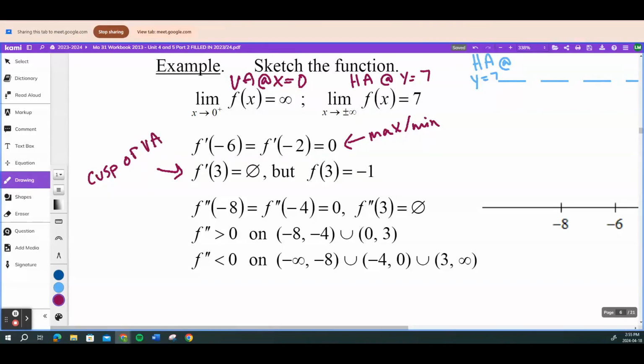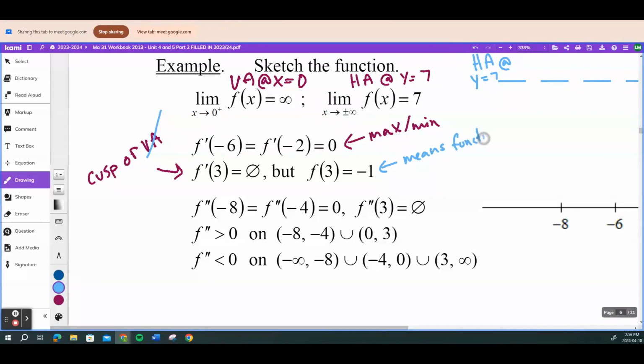Okay, but also our function at x is equal to 3, we're told that, well, it does exist. It equals -1. So that already eliminates that we have a vertical asymptote because we're being told our graph does exist here. Okay, so I'm just going to write in, this means